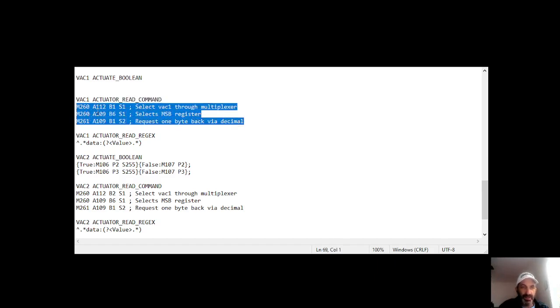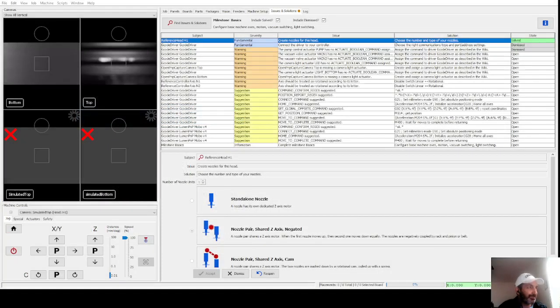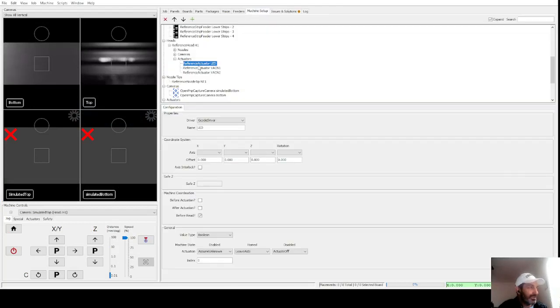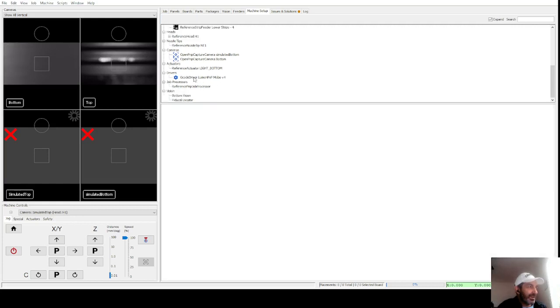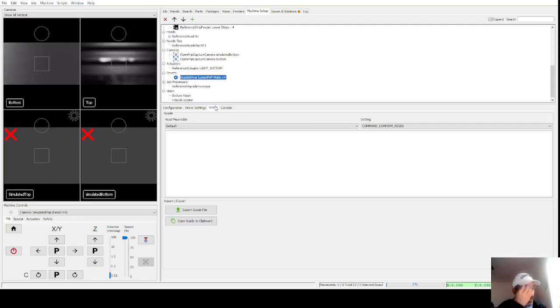But right now I'm going to grab this actuator read command G-code. I'm going to go back to OpenPnP. Now interestingly, you don't set that stuff here in the actuator. That's a controller item. By the way, I'm going to just remove this G-code driver. I don't want that in there. All right. So now I'm going to say G-code stuff, and I'm going to drop down to, oh, I know why that isn't. So here it isn't in the list yet. Head mountable. The vac pump isn't, the light is in there, but not even the LED,